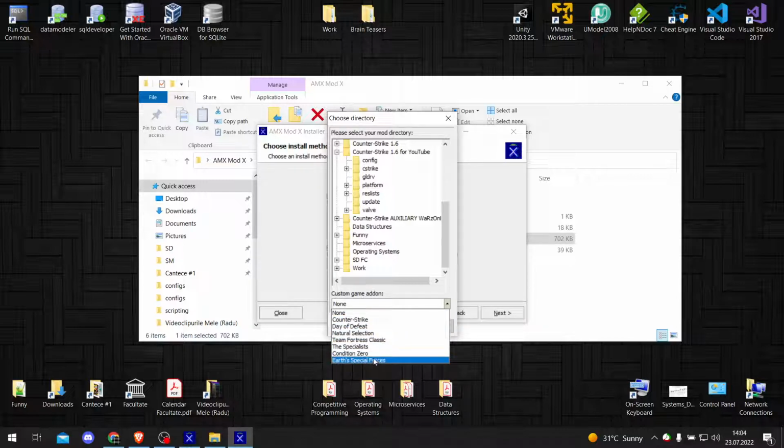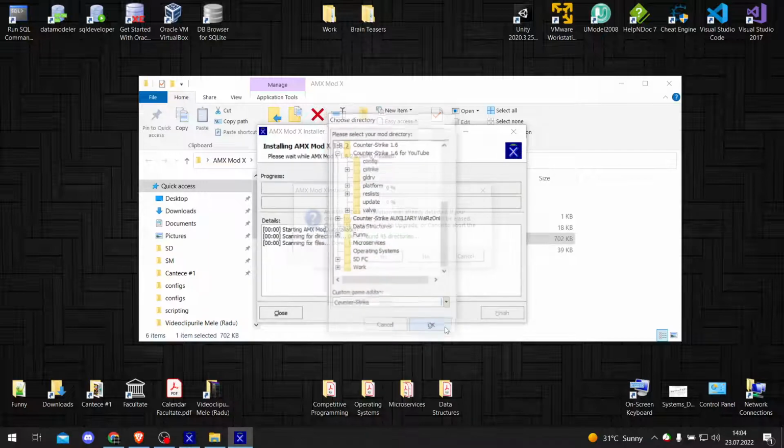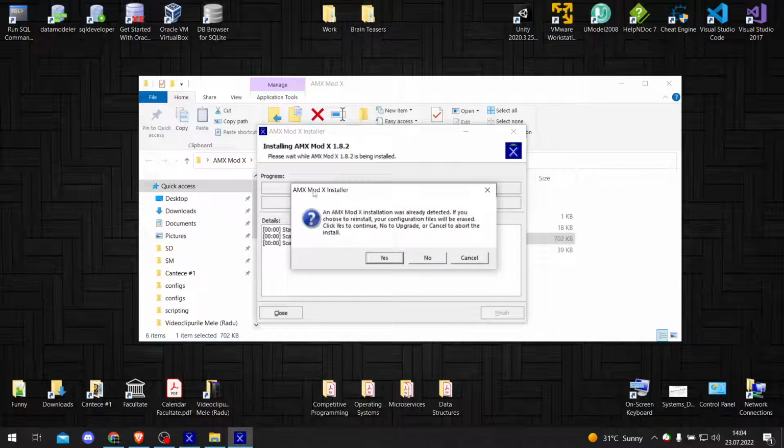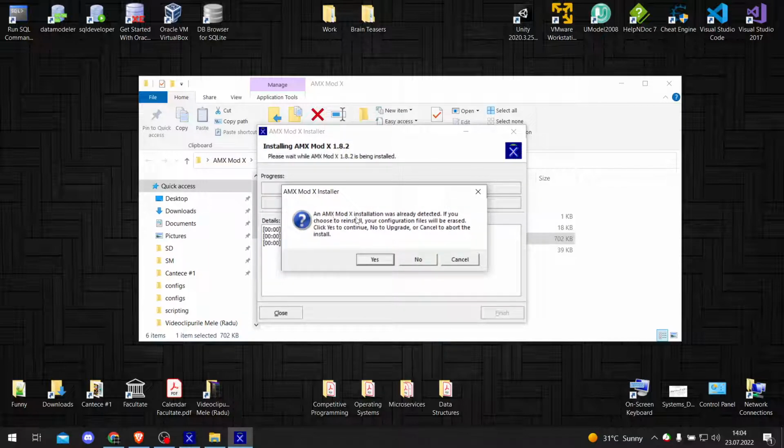Yeah, these were the games I was talking about. So I want my AMX Mod X add-on to be for Counter-Strike 1.6, and I'll hit OK. I just made sure I selected that one, and I'll hit OK,